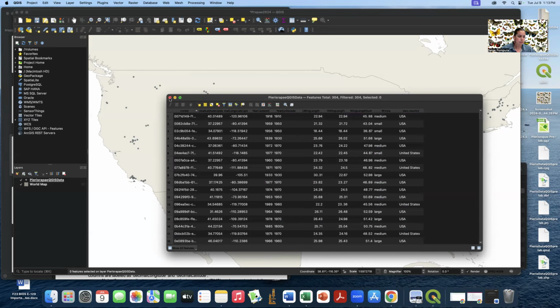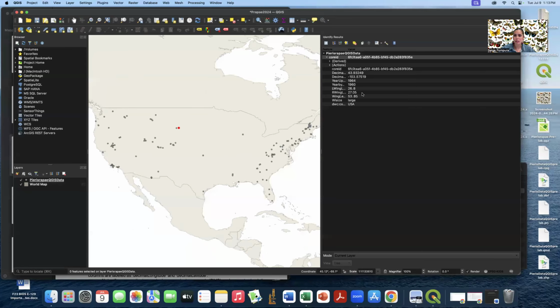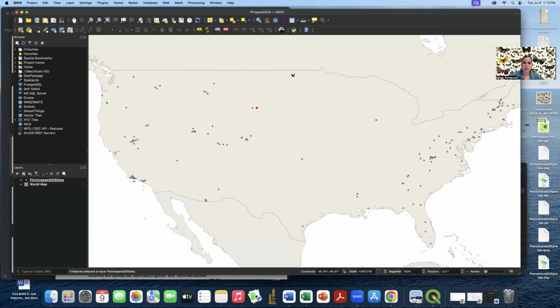And then you can do this identify feature. If you click on that, you can click on a single dot and it'll give you the data for that single dot. So kind of cool. Again, you can select everything, and then also when you select an area,